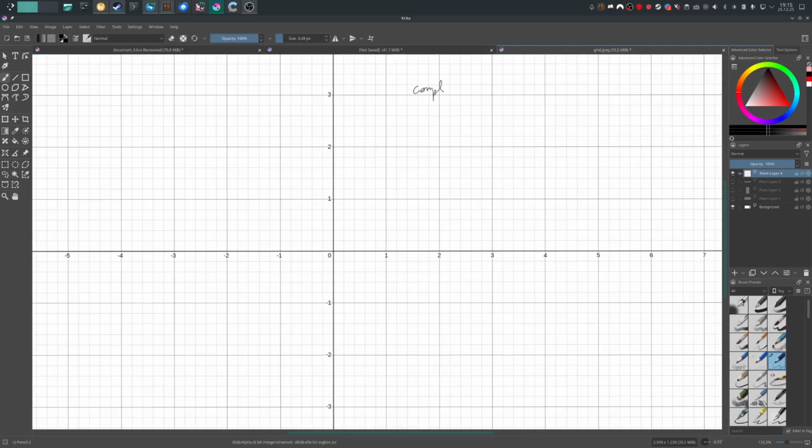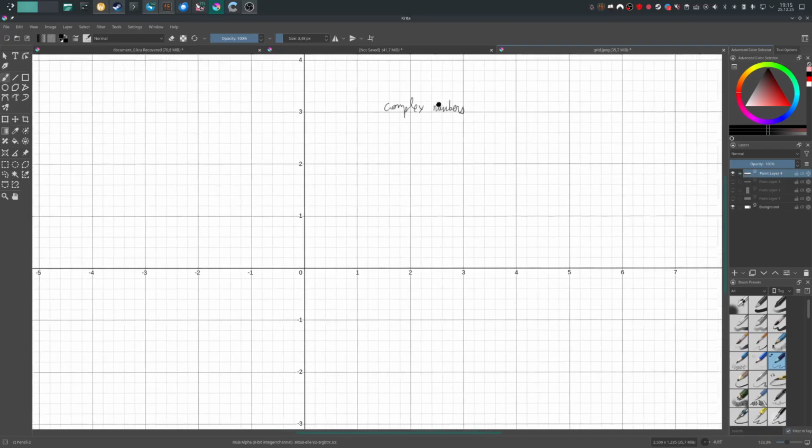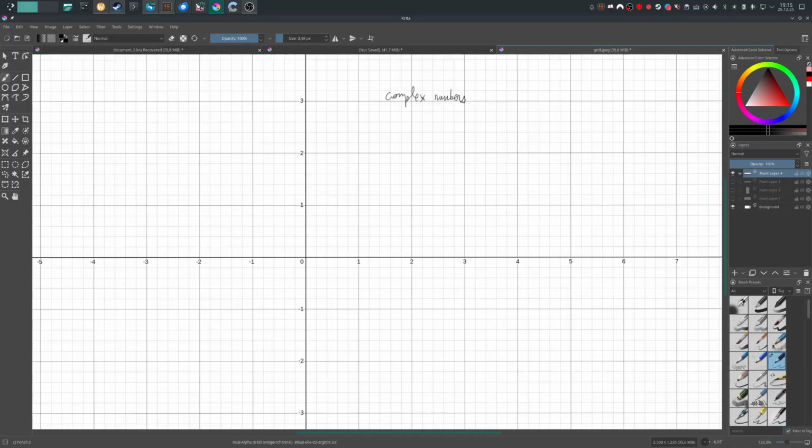Complex numbers, right? I think this should not be called like this because they are not complex. They are not much more complex than the numbers you are familiar with. And actually, the numbers you are familiar with are a subset of those numbers. And I will show you that those numbers should probably be called 2D numbers, because